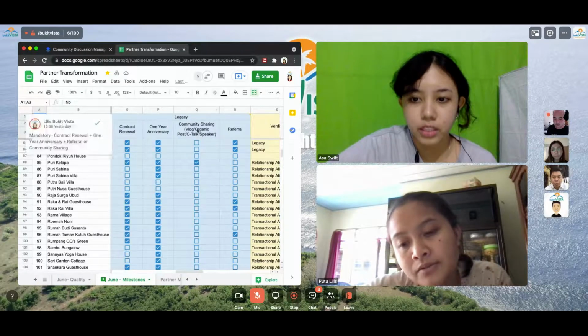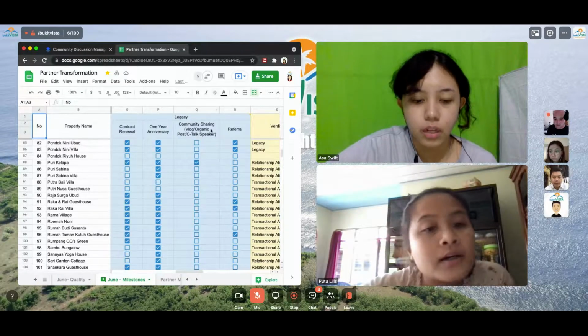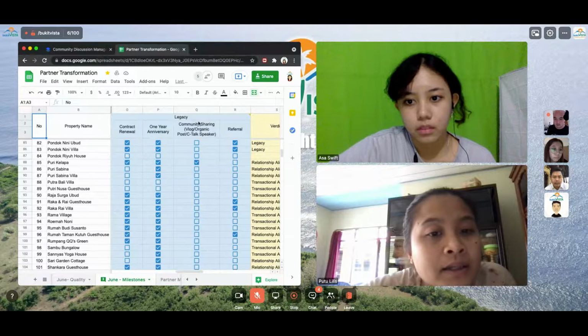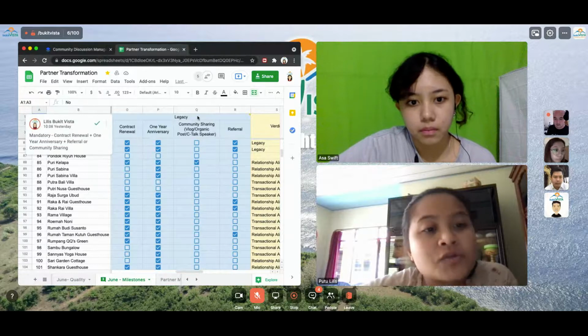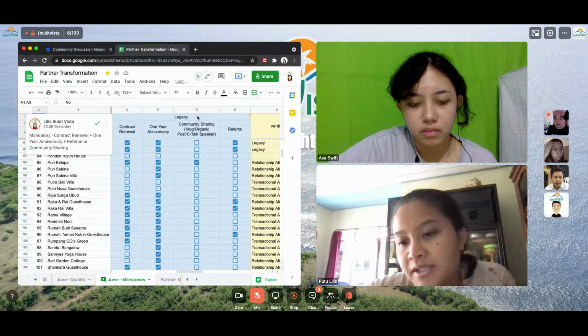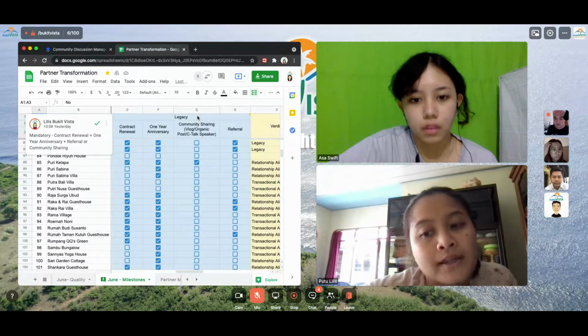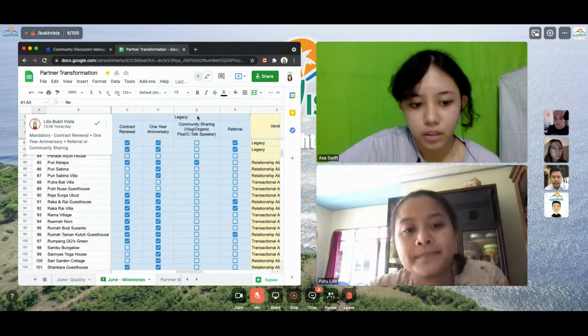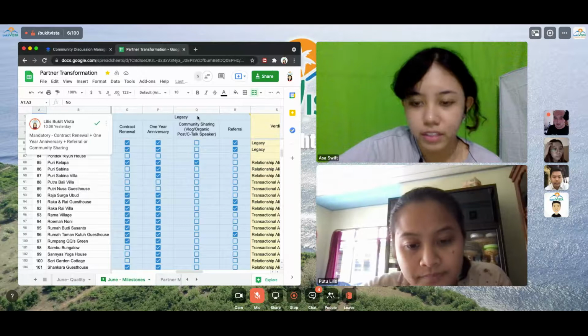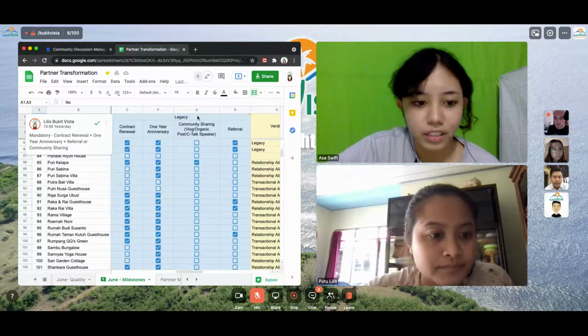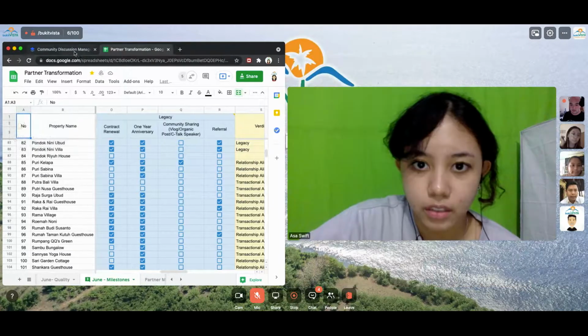I see. So the optional is between these two. Can you see the comments again? Yep. What's mandatory is contract renewal plus 1 year anniversary plus referral or community sharing. So there are three things. Okay, it's clearer now. Thank you, Kak Lilis, for the explanation. Okay, and then